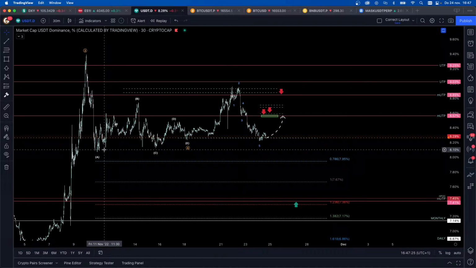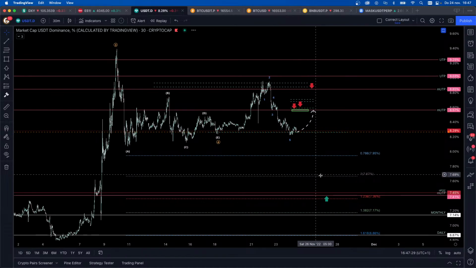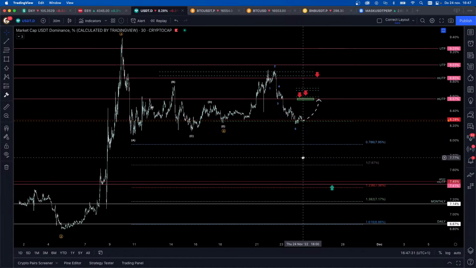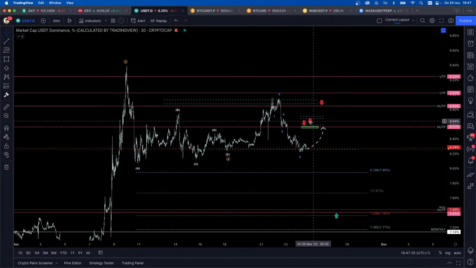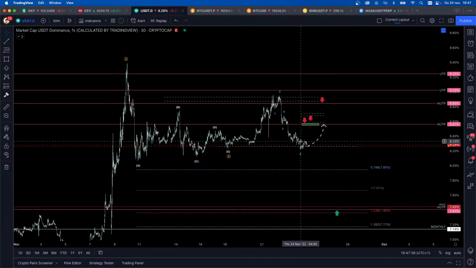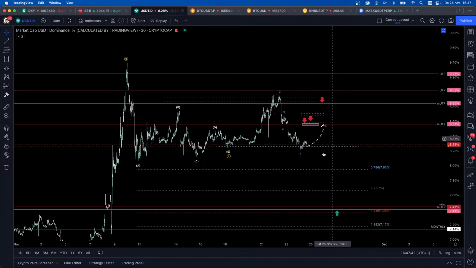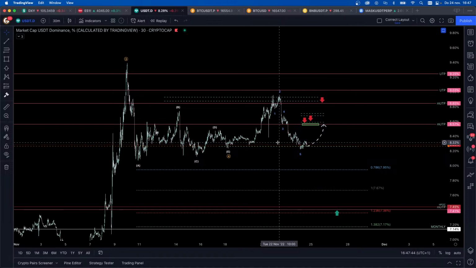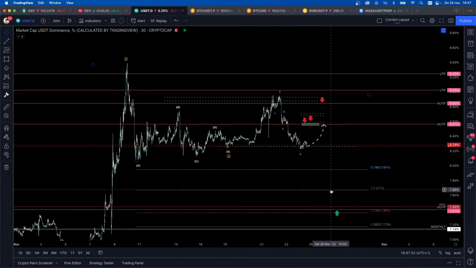But I think this could be A, B, and then a truncated C wave. I'm not sure about this count. I do know where my targets are lower, and I do know where my targets are higher. So currently we are definitely in between important levels, and this is actually the most difficult trade here. I think that this will become a very easy long trade, and that this will become definitely an easy short